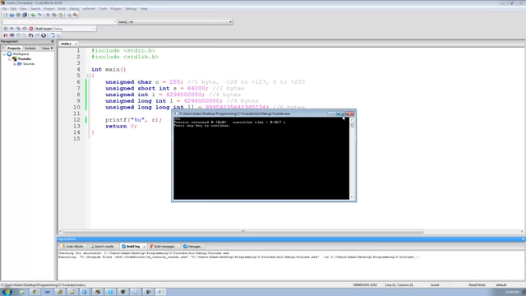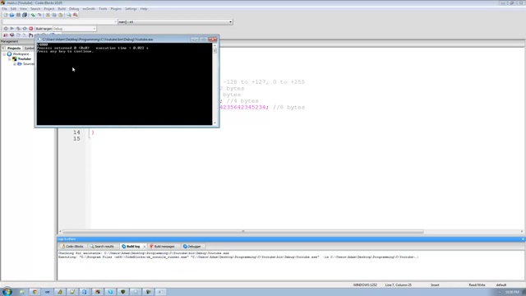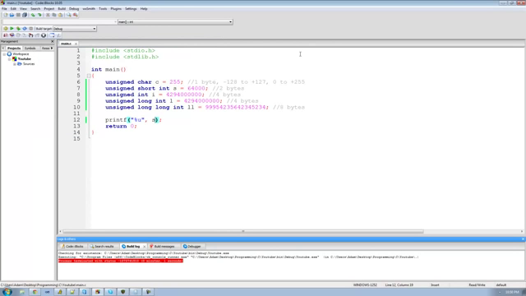Yep, perfect. And now if we wanted to print out our unsigned short, all we'd have to do is do %u again, and just change this to an s since we're printing out our short. Yep, works perfectly. And if we wanted to print out our integer variable I, we could just do